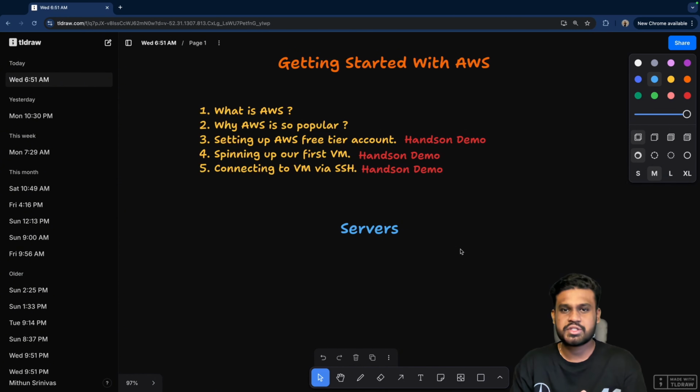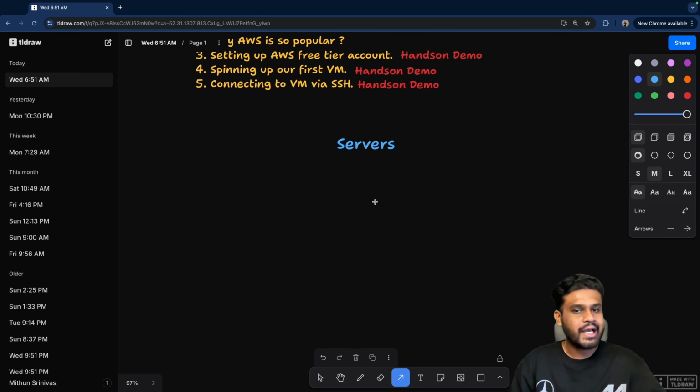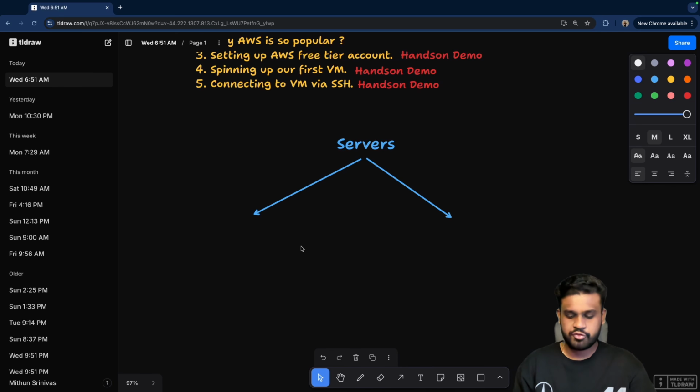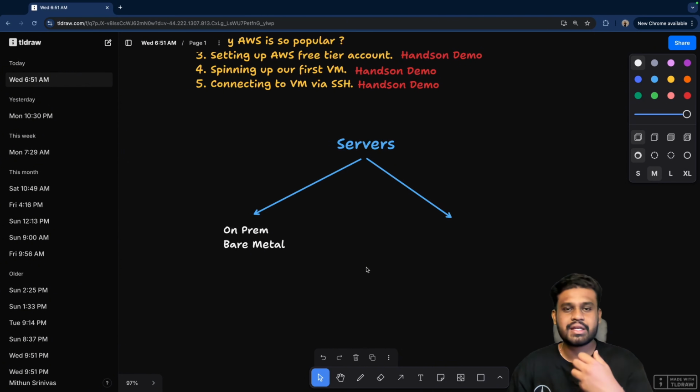I am not going to just say internet, because there are two types of servers. Broadly, we can say there are two types. The first one is what not many of you would have heard of. We call them on-prem, or on-premise, or bare metal. These are servers which are set up for that particular organization or individual.